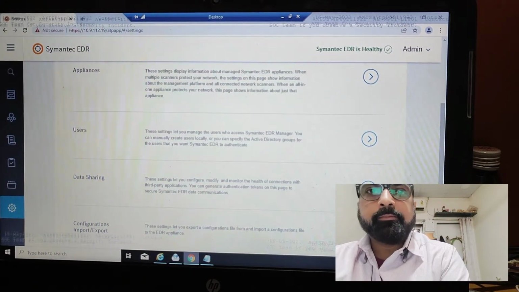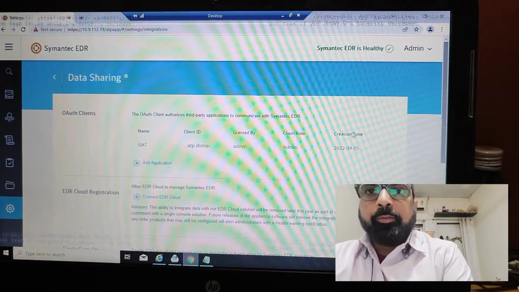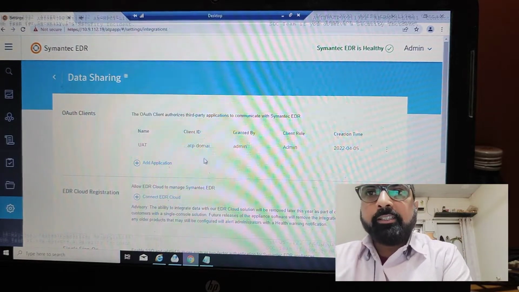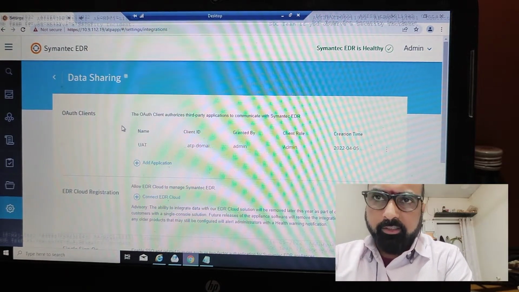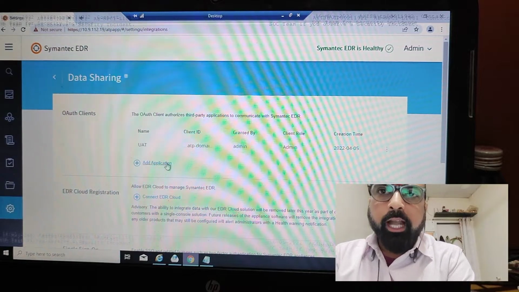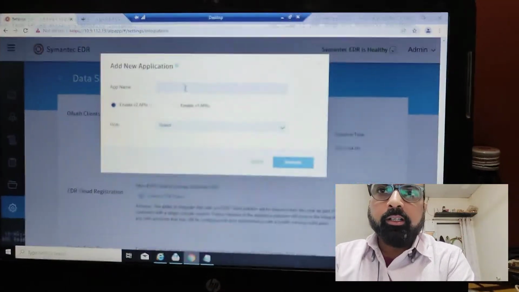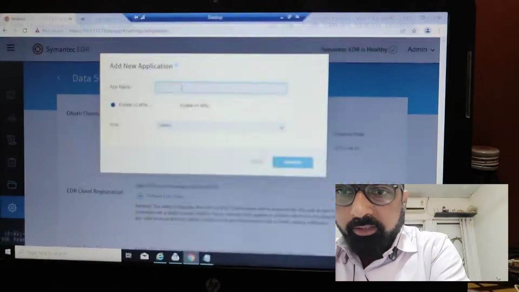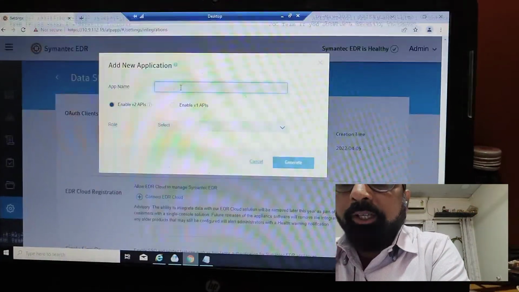Data sharing. If any other application is integrated with our EDR, you can add this application here. The requested name is like any application, like XYZ application. I am putting this right now. This is XYZ.